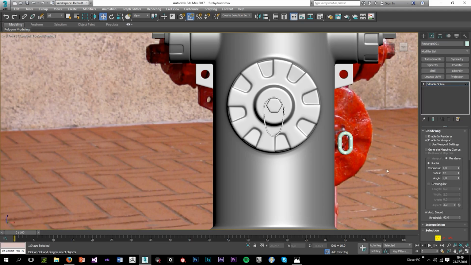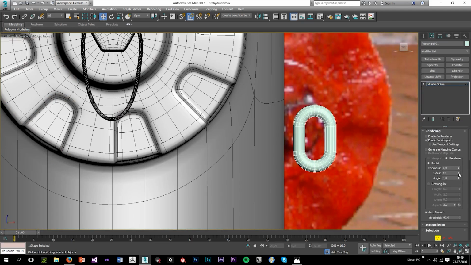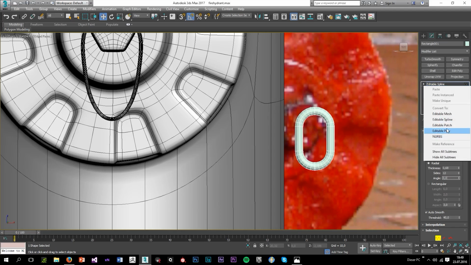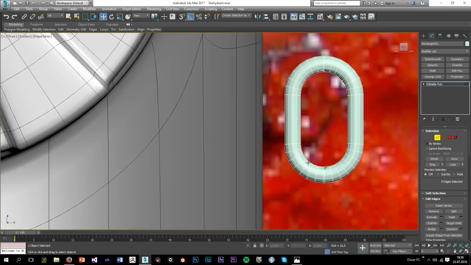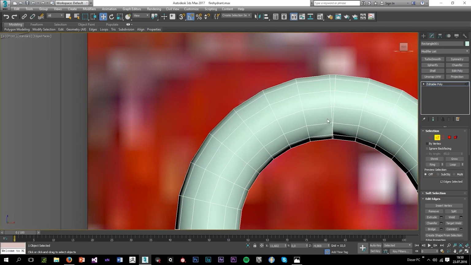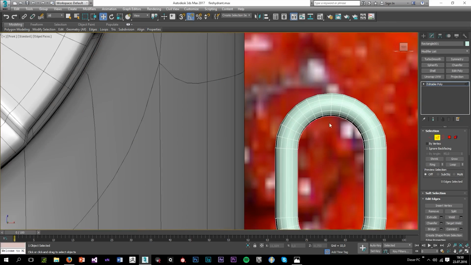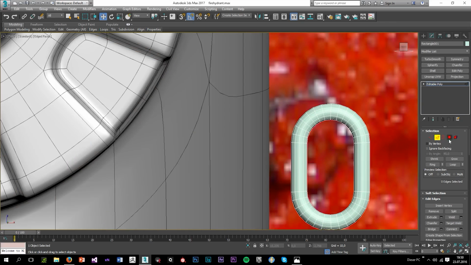Go to rendering, enable in viewport, and we don't want to go overboard with it, so thickness pretty much like this, and section like this. Delete this one and this one, get rid of that, and